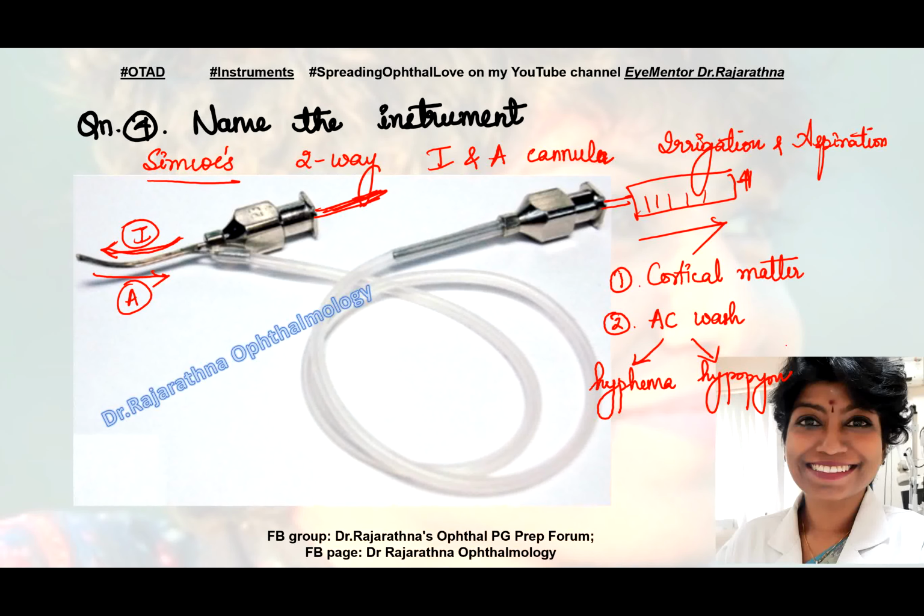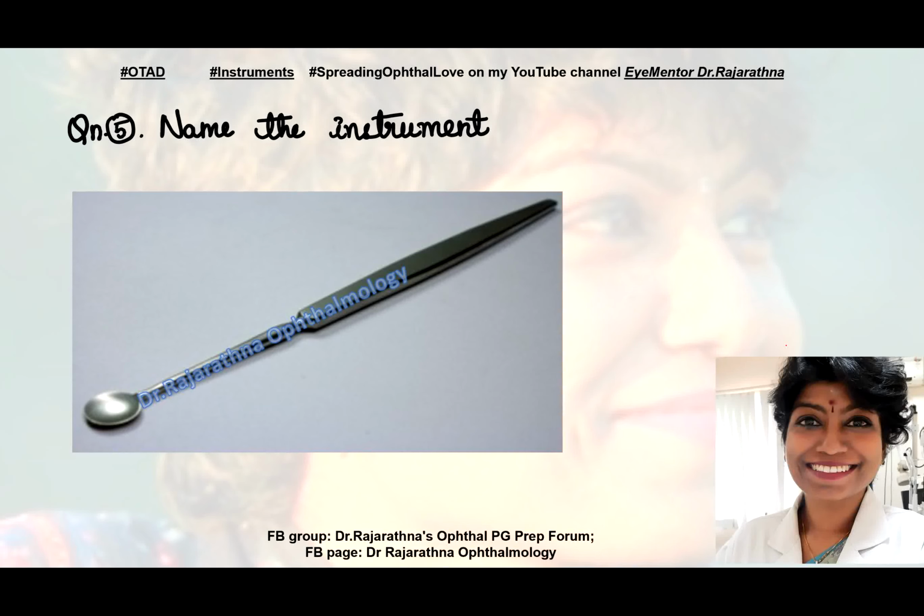All right, question number 5, name the instrument. So this instrument, most of you have got it correct. So this is used for evisceration. So this is called an evisceration spoon or scoop or curette. Now what exactly you want to use out of these 3, please verify with your internals in your department, because you will have to survive in the department and pass. So please be a Roman while you're in Rome. Any of the 3 can actually be used.